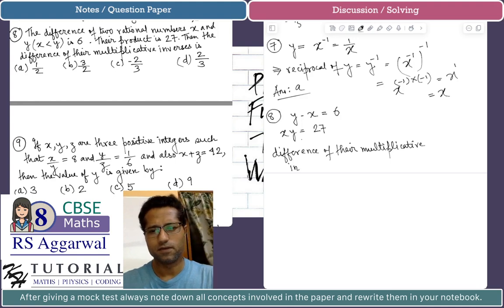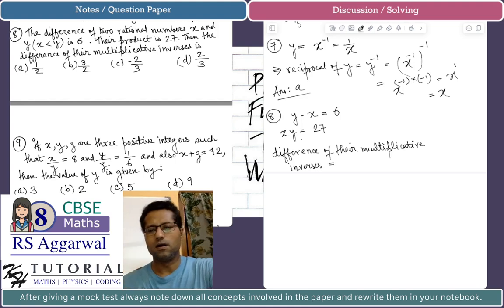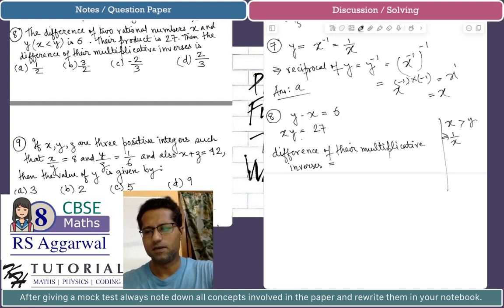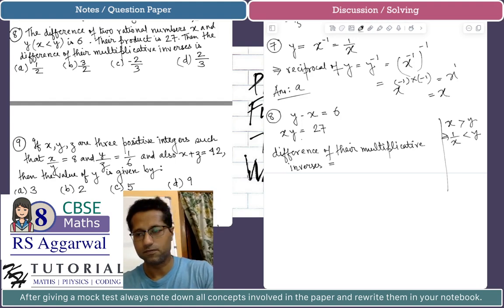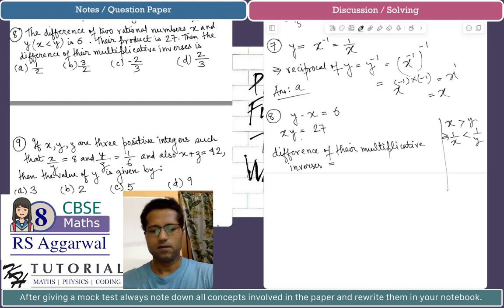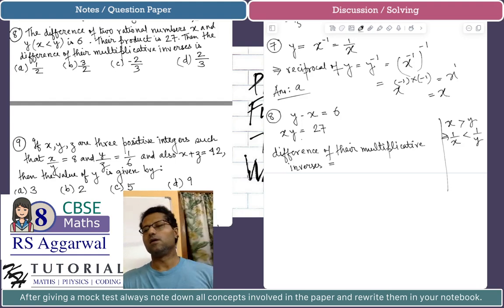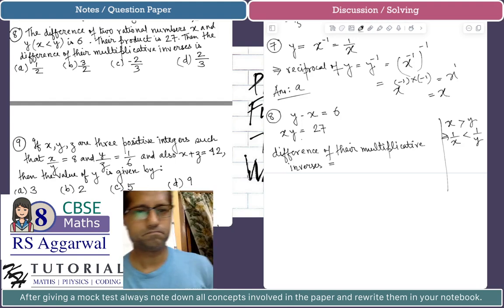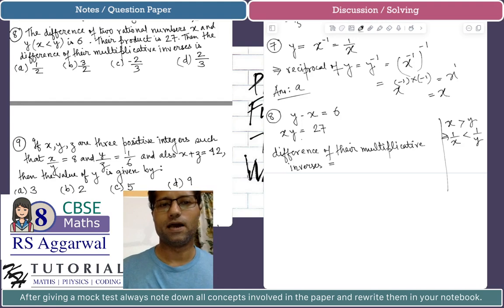The difference of their multiplicative inverses will be equal to, now you should realize that x greater than y will imply that 1 by x will be less than 1 by y. You should know this concept. If x is greater than y, then we will have